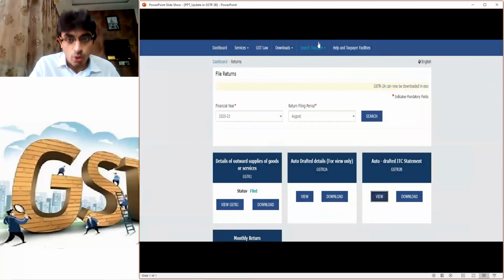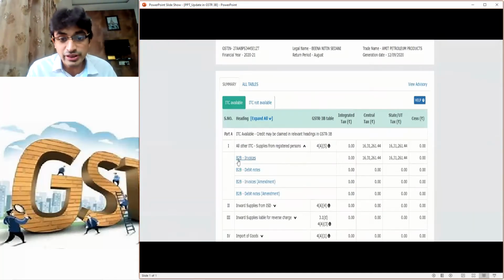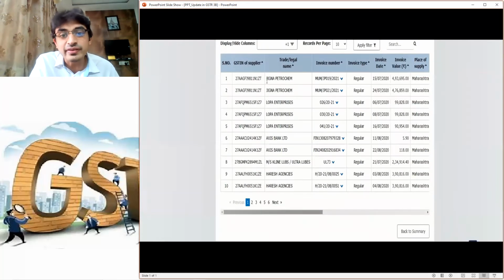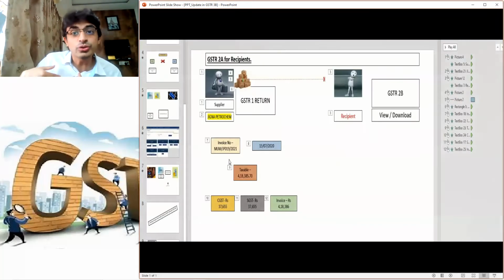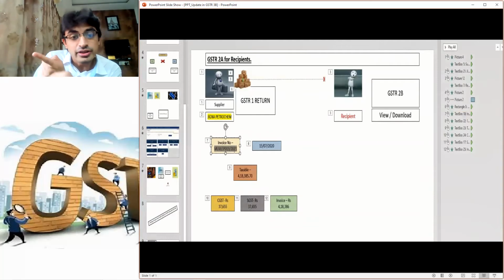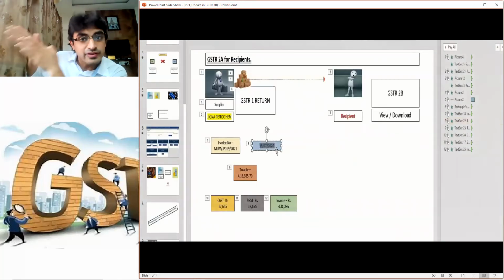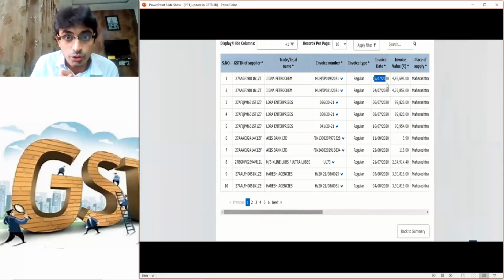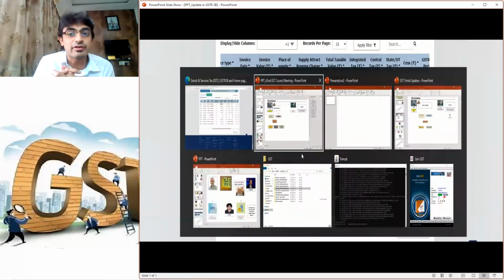When you click on the ITC details and then on the B2B invoices, you can see this invoice from Jigna Petrochem. So through the seller's GSTR1, this entire detail got auto-populated in the buyer's GSTR2B, invoice-wise, and he will be able to compare each and everything.